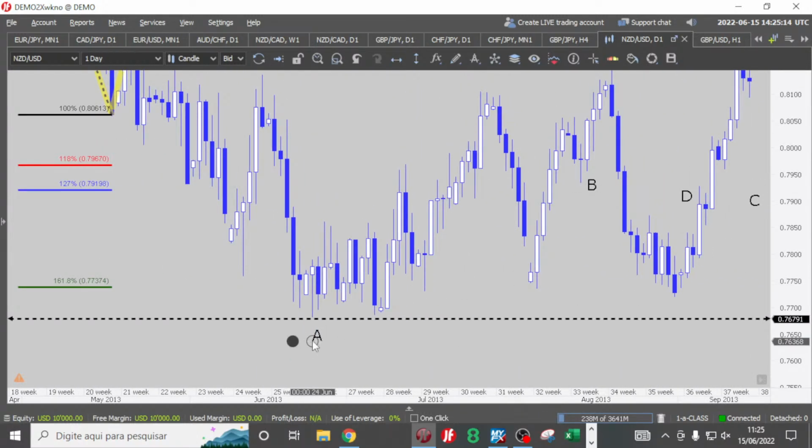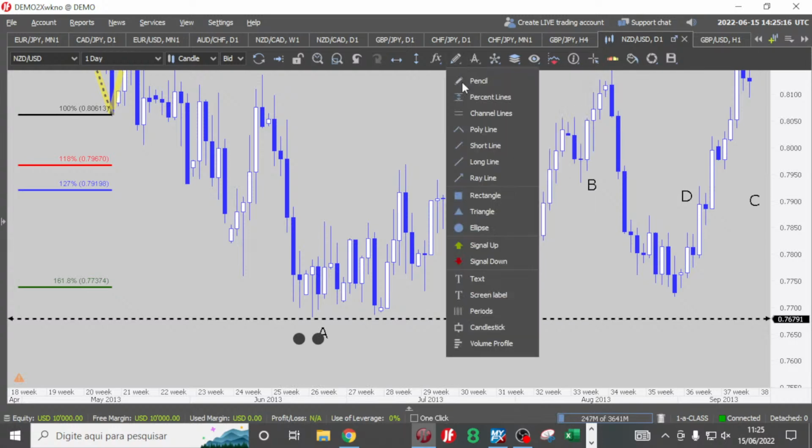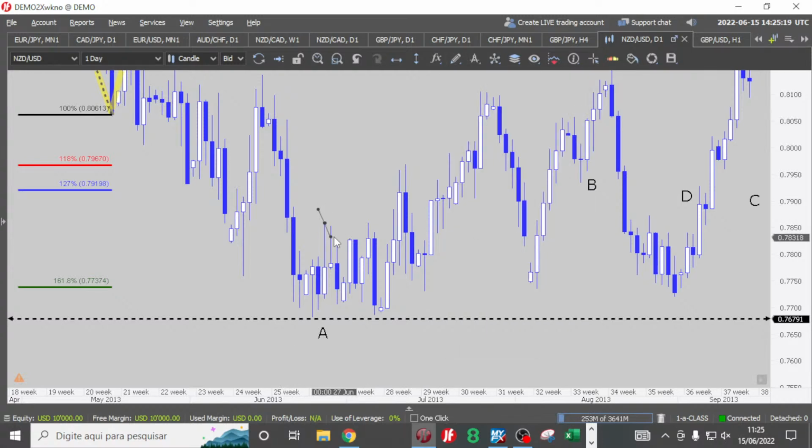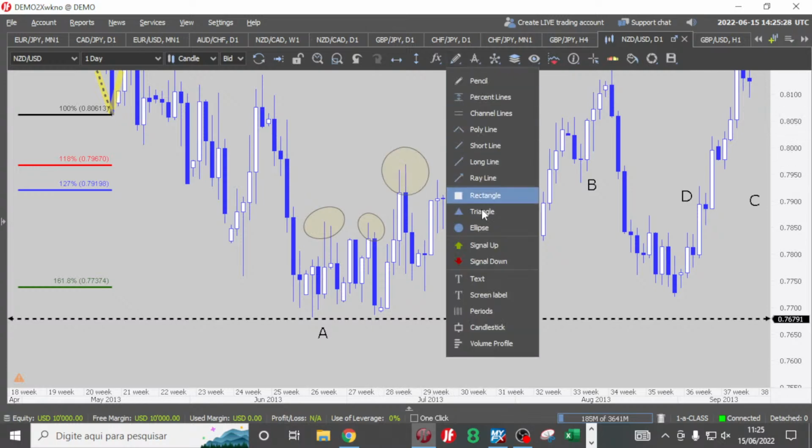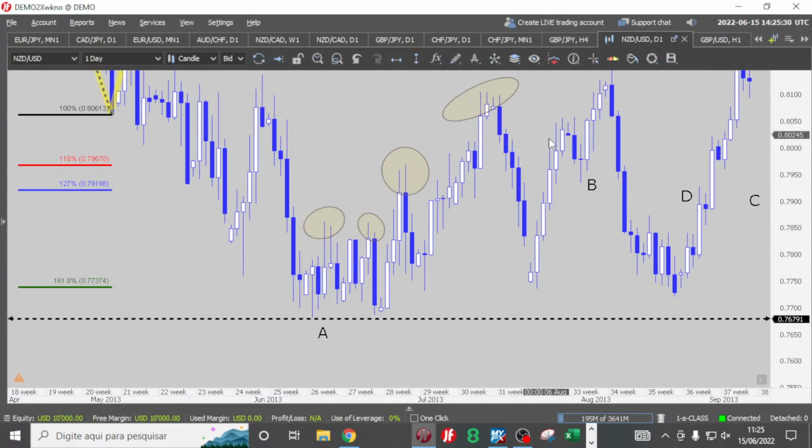Now, if this is our A, which one is the B? Is the first circle the B? Is the second circle the B? Or is the third circle the B? Or is the fourth circle the B? Which one is the B? See, everybody, what Olufemi is saying? First circle looks like it will stop out the Fibonacci sequence.